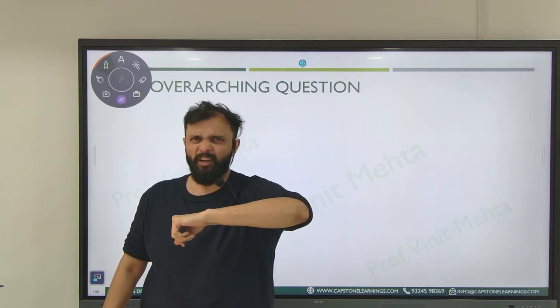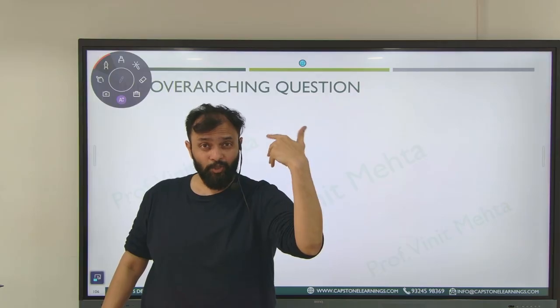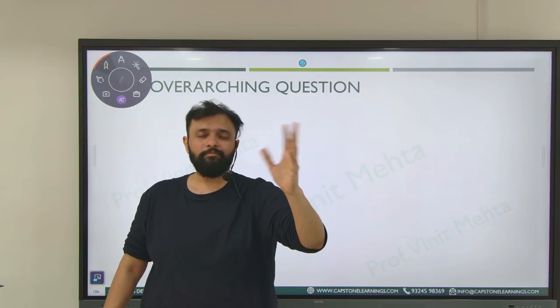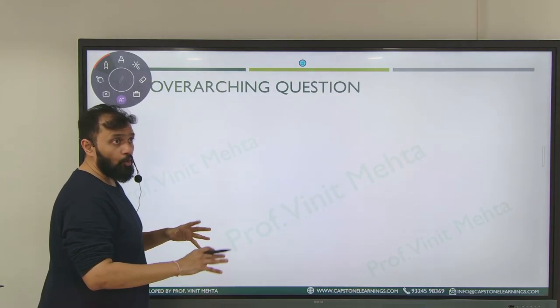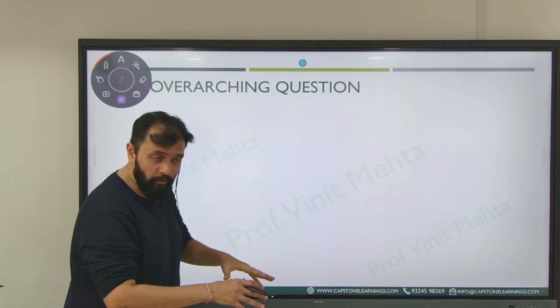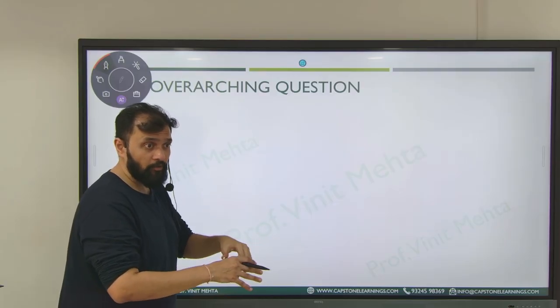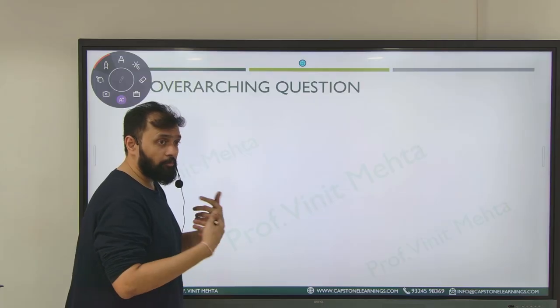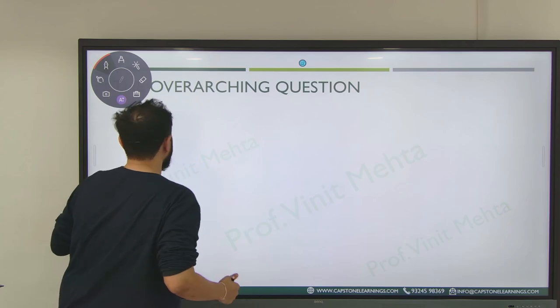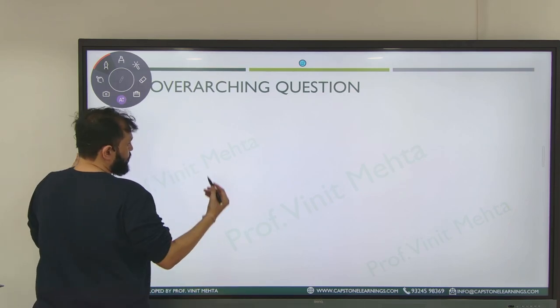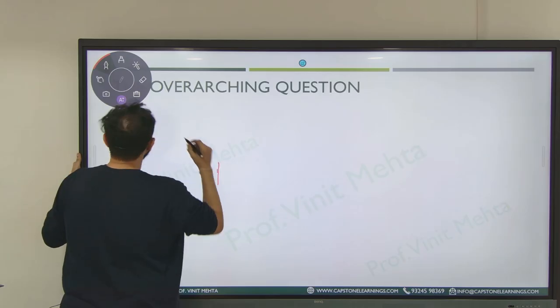But you know what? The underlying is not interest rate. The underlying is actually a money market or basically a bond, a debt capital instrument or debt capital market instrument. So over here, the underlying is the bond, and you are fixing the price of the bond. The interesting part is you fix the price of the bond and the interest rate gets fixed. How does that really work? Let's talk about that.